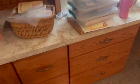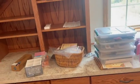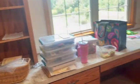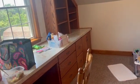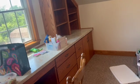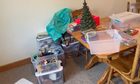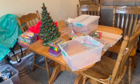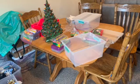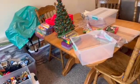Now, as I'm filling in these drawers and cabinets and bookshelves, I need to keep in mind my plan for this new homeschool room is different than how I was doing things before. Before, everybody had their own desk, and I liked that, but it got cumbersome. The desks take up a lot of space. So this go around, we're getting rid of some of those desks, and we're just going to use the table, that other table that's buried over there,